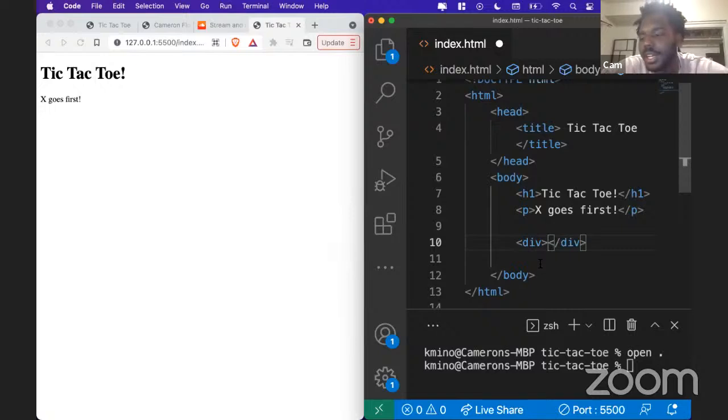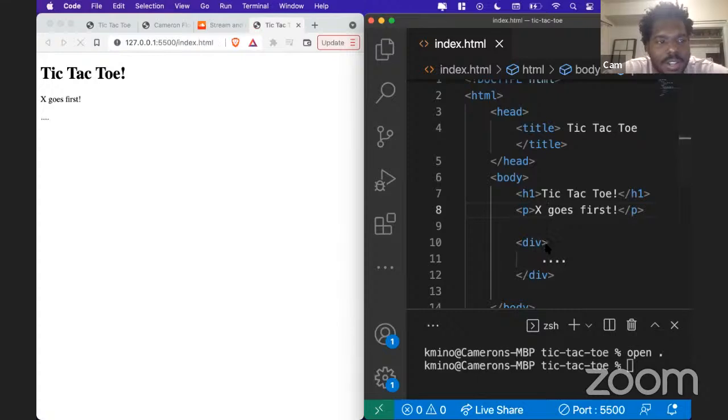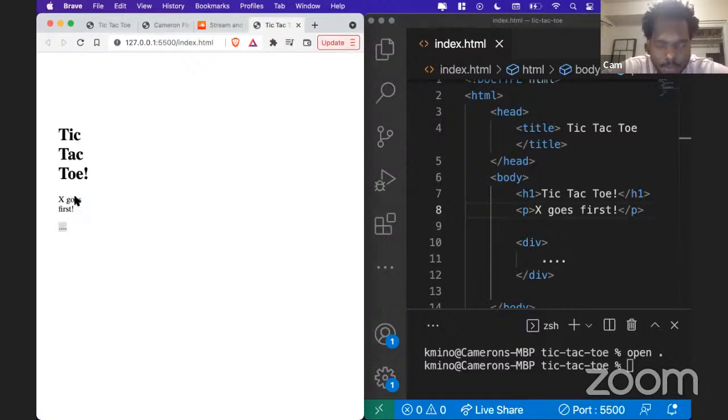But the first thing I want to do is get a square to show up, right? Because the board is 9 squares. So first thing I want to do is style this to see a square pop up. And this is where HTML and CSS start to merge, right? Because I can have this thing here as a structure, but a div doesn't really show anything, right? And if I want it to be a square, all I really need is for there to be a border to it, right? I'll just put this here as a start. So we see these dots right here. If I were to inspect this element,